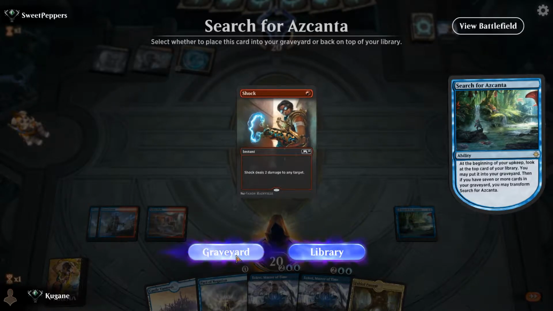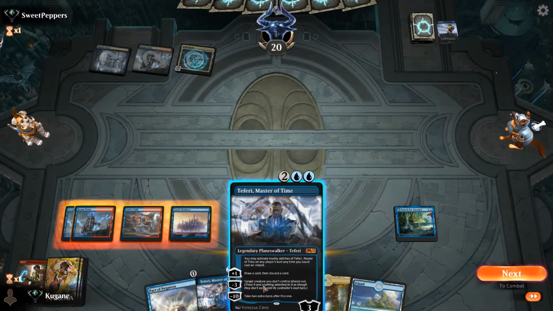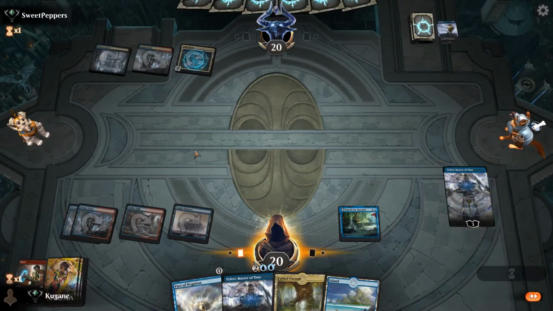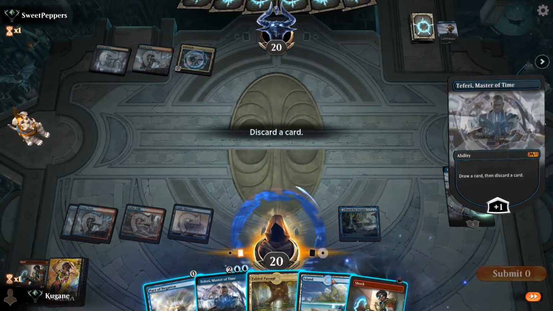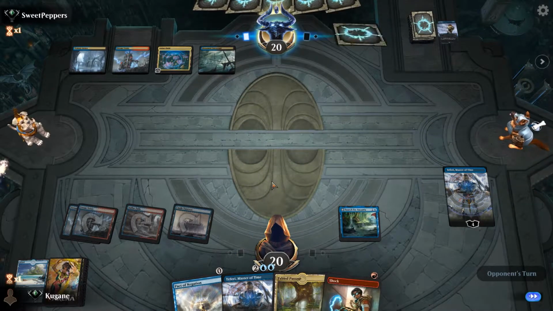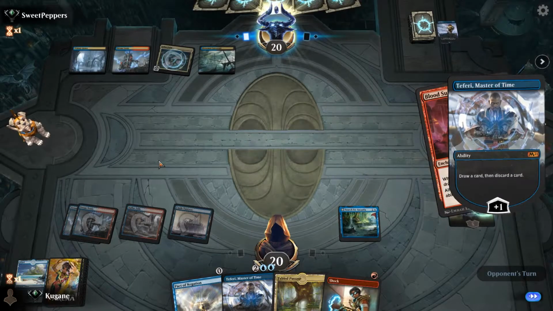I don't need to shock everything, so let's put that down, and yeah, let's put the Teferi onto the field next. I think I will drop that island there. Yeah, get rid of the island. I'm pretty sure we will draw into more land anyways. Okay. All lands lose all abilities except mana abilities. Well, I don't really plan. Well, that kind of sucks for the Azcanta, but...